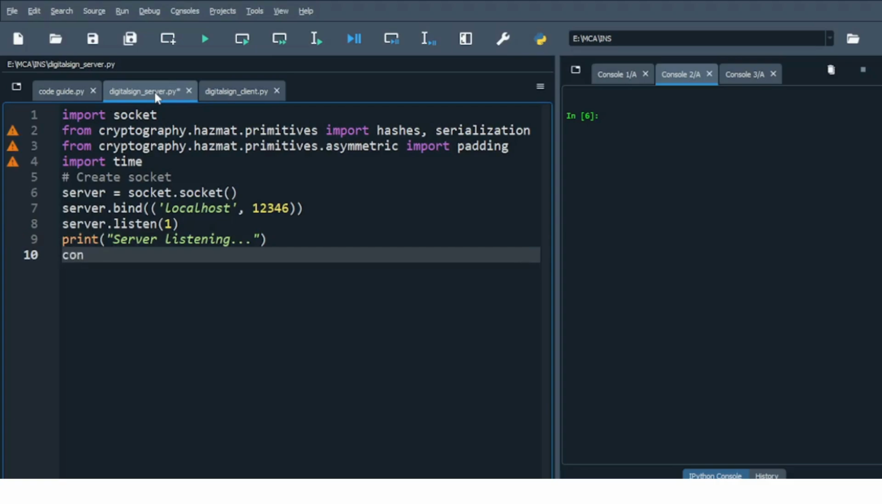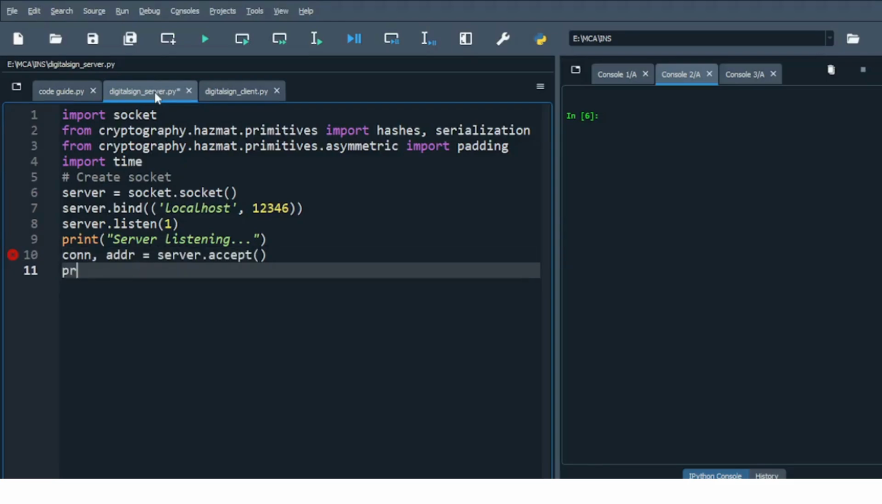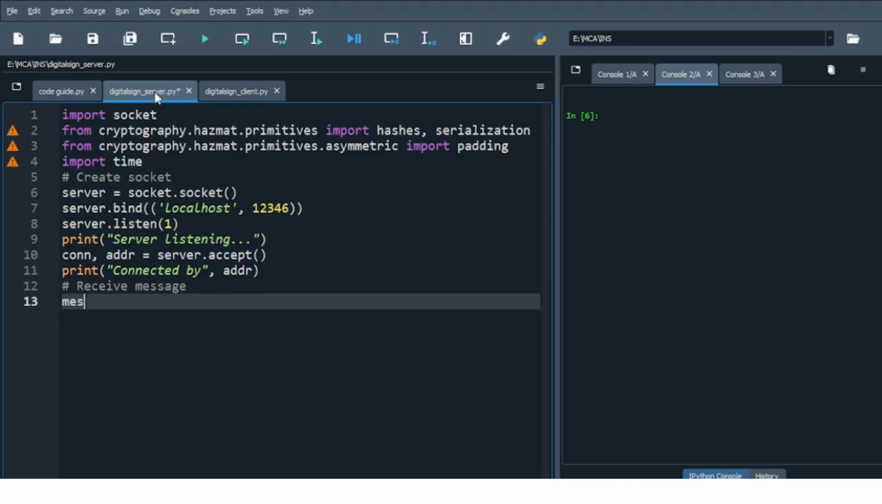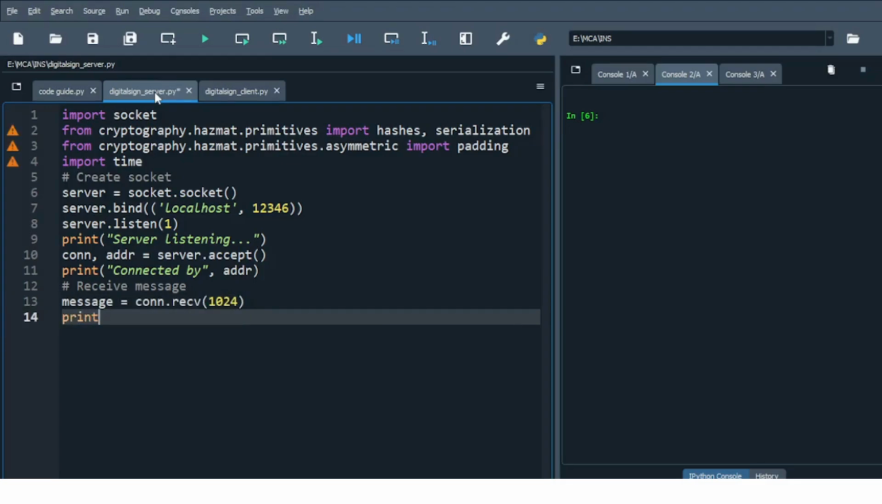Okay, and when the client connects, we have to accept the connection and print the client address. For that we write server dot accept and then print the address. Okay, now when the client connects and the connection is established, we first receive the message from the client,